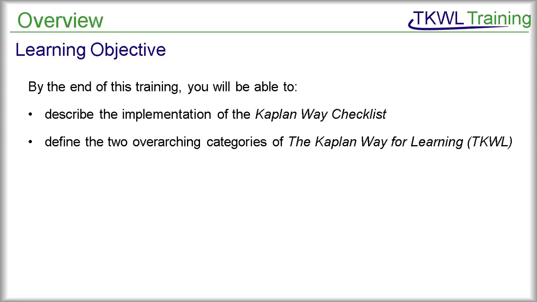Here are our 2 learning objectives. The Kaplan Way checklist, as you'll learn in a moment, lists 12 essential categories for making our courses better. You'll leave this part 1 of training able to describe the checklist and how it's used. You'll also be able to speak knowledgeably about the top 2 of those 12, the 2 categories most important for